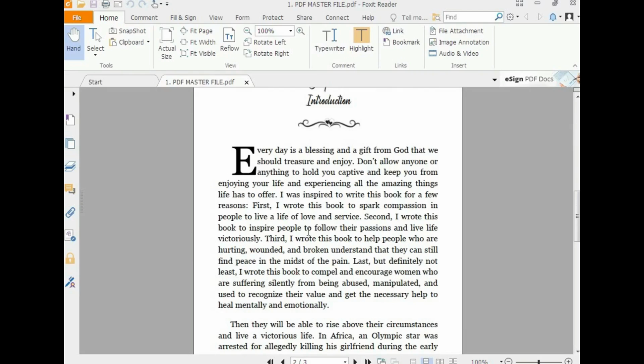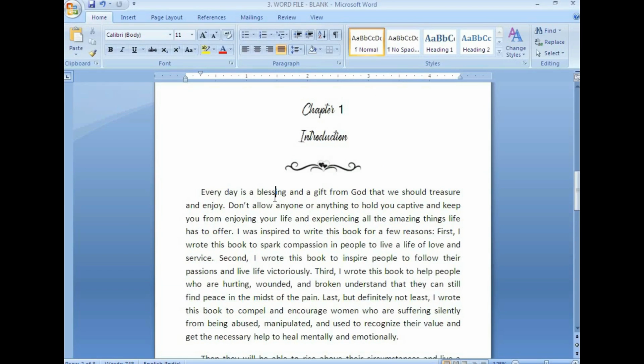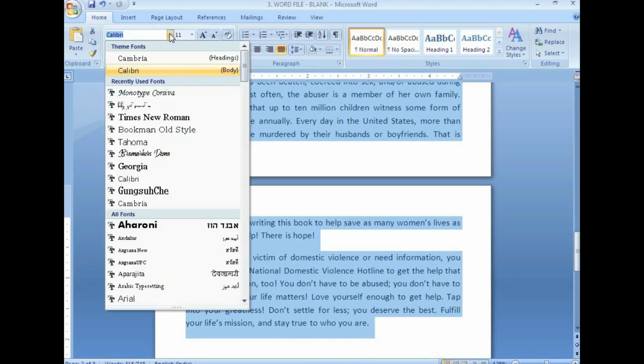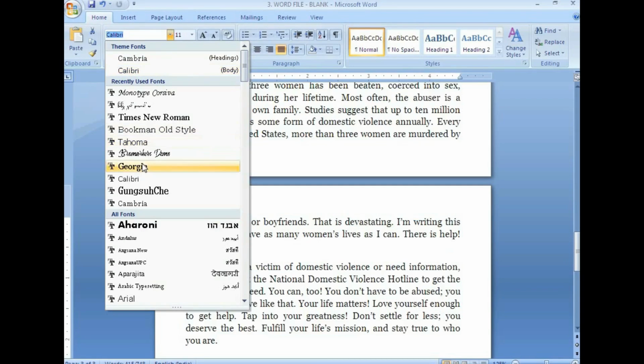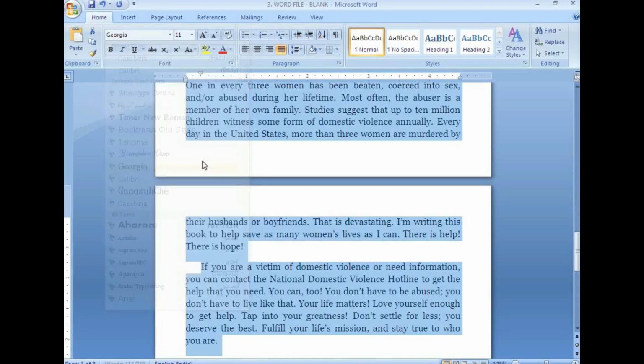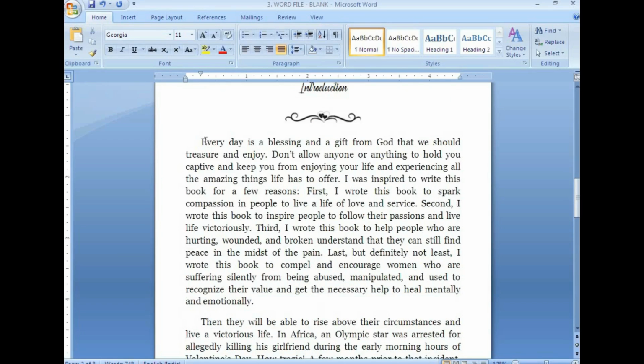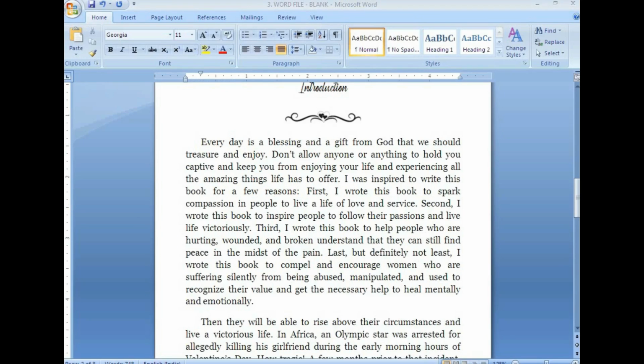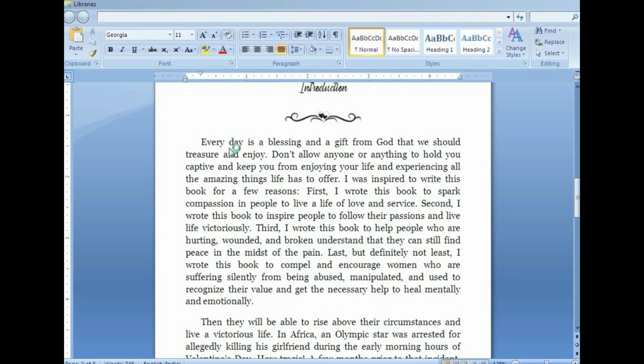Now as you see in the master file, the first word, E, is starting with a bigger letter, right? But before that we have to adjust the font, so select all, then click the Georgia font. With visual inspection we can check that the font of the second or third page paragraphs is of Georgia type. So again fonts are changed. Then we will check that the first word of the second page is everyday. In the word everyday, the E is of a different size. So what we will do,